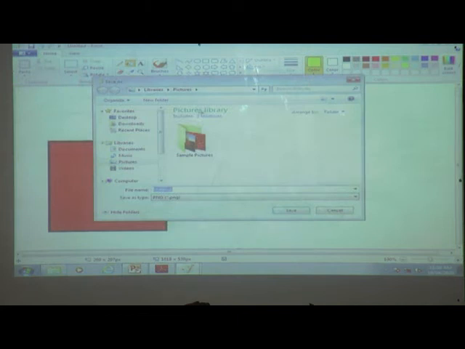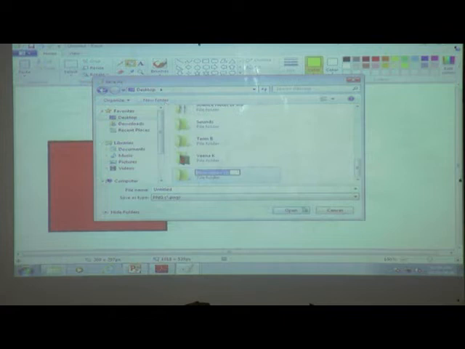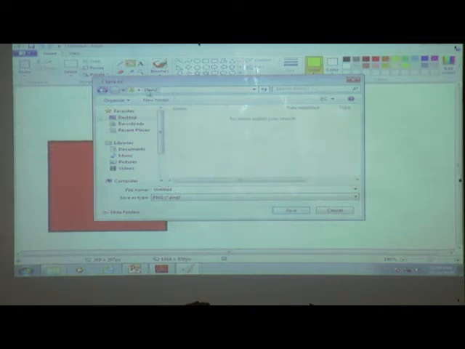We will click on save. Then this type of window will appear. Where do we want to save? We want to save it on the desktop, and we will create one new folder. The name of this folder is Class 2, and we want to save this Paint file in the Class 2 folder. Then how to select the Class 2 folder? Double click here. Then you can see the folder is now open.